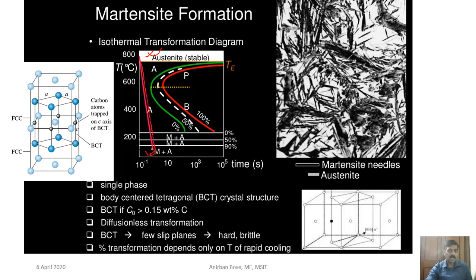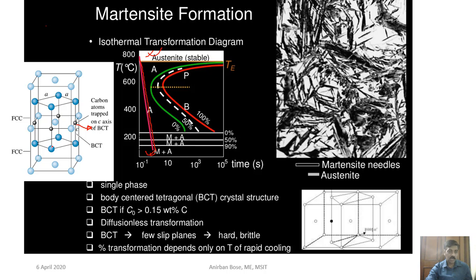you are not allowing any time, so the carbon will not get time to diffuse out of the structure, and that is why it is still there within the structure, and obviously the residual stresses will be present within the material, so there is a chance of thermal cracking also, and these are very hard and brittle, because you know that the space that is there within FCC at a very high temperature is maximum up to a few percentage only, but